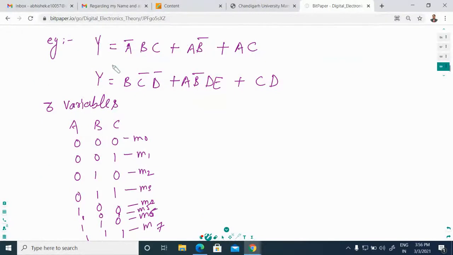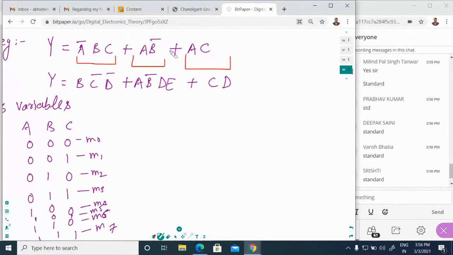Now come to the next part. This is another example where we have the literals here. All three variables are present in this term, but in this term only two are present and one is missing. So which form is this, standard or canonical? This is the standard form to represent any min term values. What is the output for this? Is it a min term or canonical?